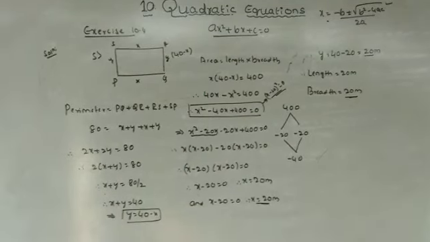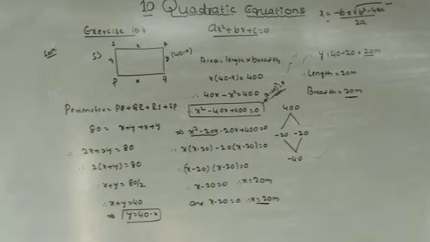Okay? Right. 4 2 ja 8, 4 1 ja 4, 448. Yes, correct. Therefore, x is equal to 20 plus or minus root of minus 48 divided by 2. So we cannot find the solution, because b square minus 4ac is less than 0. Less than 0 means it has no real roots. We cannot find the answer.